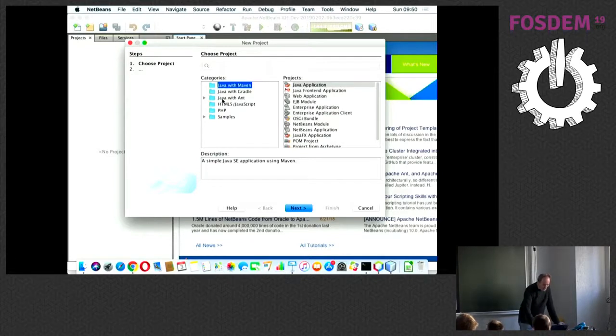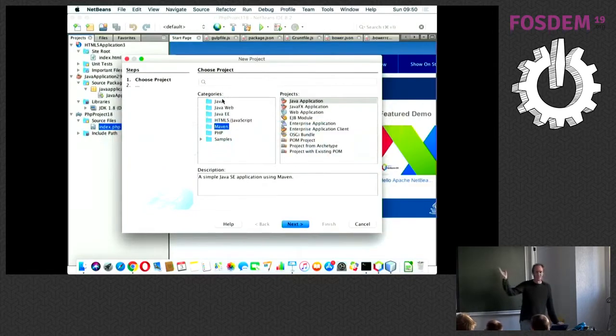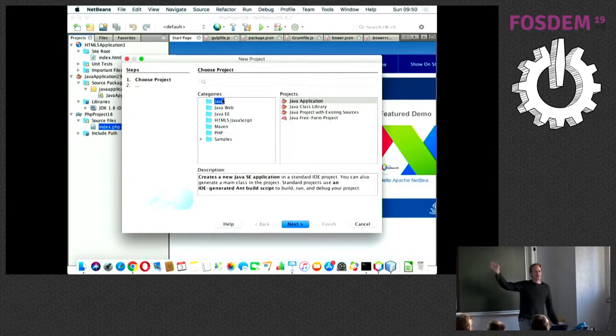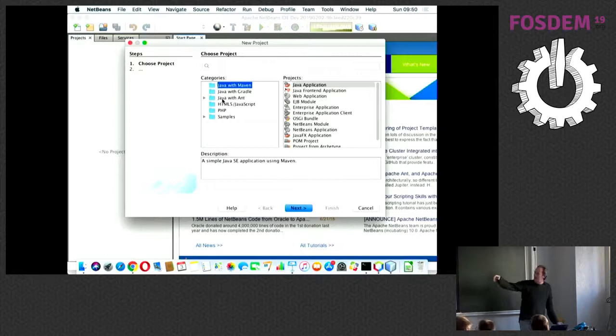What we haven't solved is, if you're a complete newbie, you've never touched Java before, you open this thing, and you don't know what is Maven, what is Gradle, what is Ant. This was a nice thing about the old structure, that you didn't know what those things are, so you would just create your project.